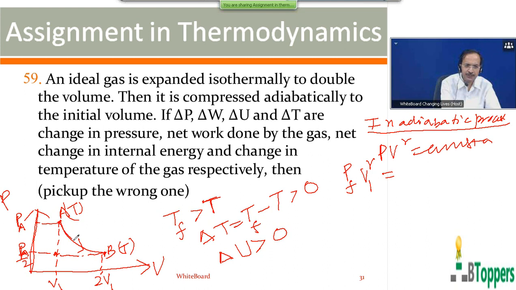isothermal process. First it is expanded isothermally, which is shown in the process A to B. I have shown only the isothermal process in the graph. I have not yet drawn the graph for the adiabatic. So volume at B is 2V1. If V1 is the original volume at A, pressure at B is half of the pressure at A. So the initial pressure for the adiabatic process will be half of the original pressure at A. So the volume at the beginning of the adiabatic process is equal to 2V1.